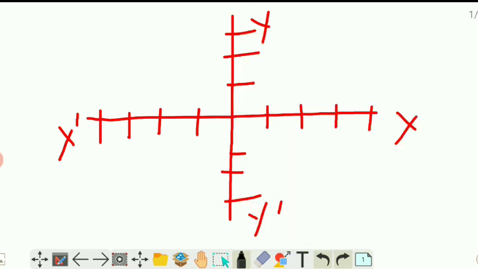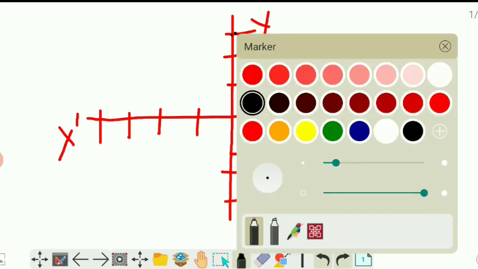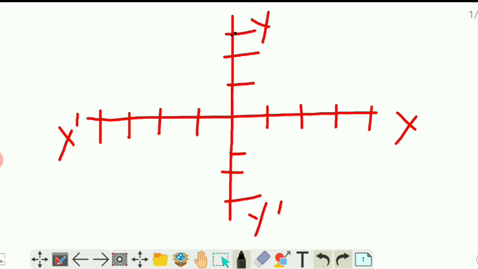Now I am marking it with black color. So you can see this is the point 0 comma 3. When we draw a straight line through the point 0 comma 3, we can see it is parallel to the x axis, and this is our today's topic, equation of lines parallel to the x axis and y axis. And these lines can also be drawn in one variable.